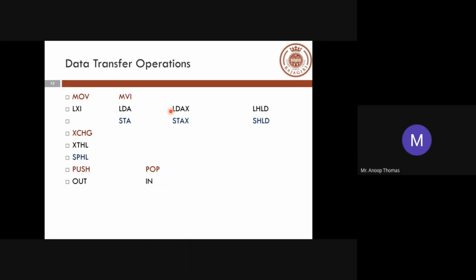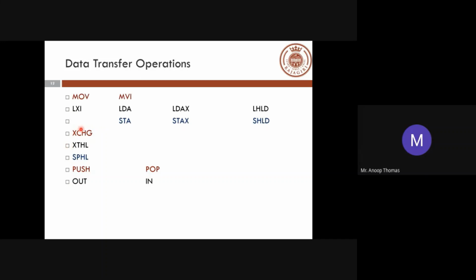It is signified by LDA, LHI, LHL, all this stuff. Then storing is the reverse process. Loading's opposite is storing. Storing is from the accumulator into a register or into a memory location. So that keyword is ST, S. S is the keyword here. Depending upon the kind of storing operation, depending upon the operands you are using, you have different kinds of storing operations, STA and so on. So M for movement, L for loading, S for storing.